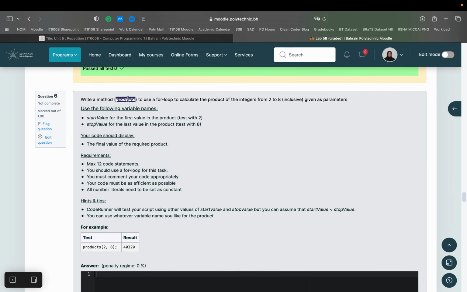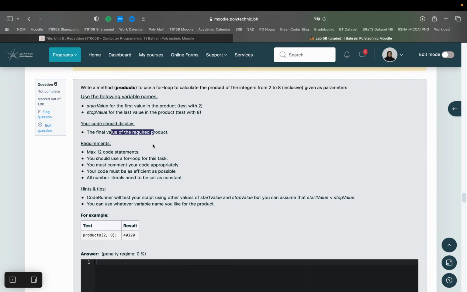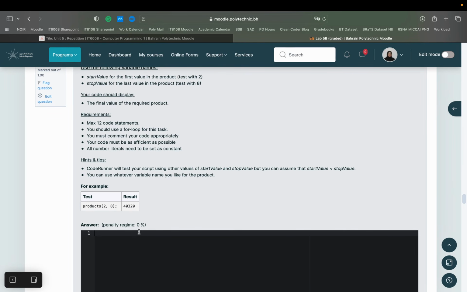Use a method products to use a for loop to calculate the product of integers 2 to 8 inclusive. Inclusive means 2 and 8 are also counted. Okay, these are the parameters that are given: start value and then stop value. The final value should be displayed. You need to display the value. There's no return. So the method would look something like this: public static